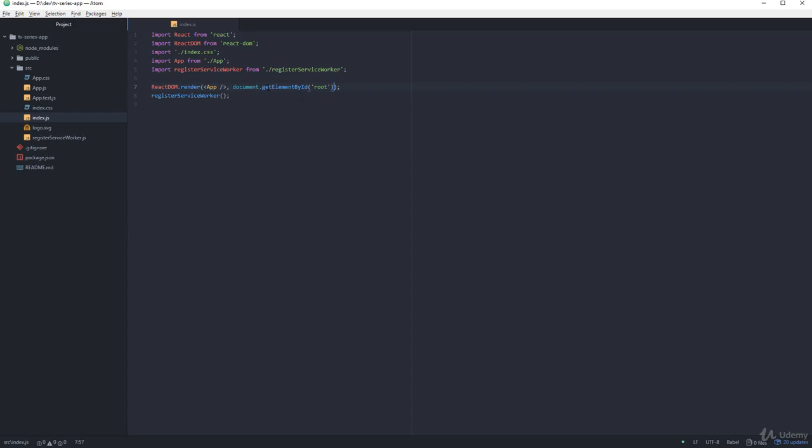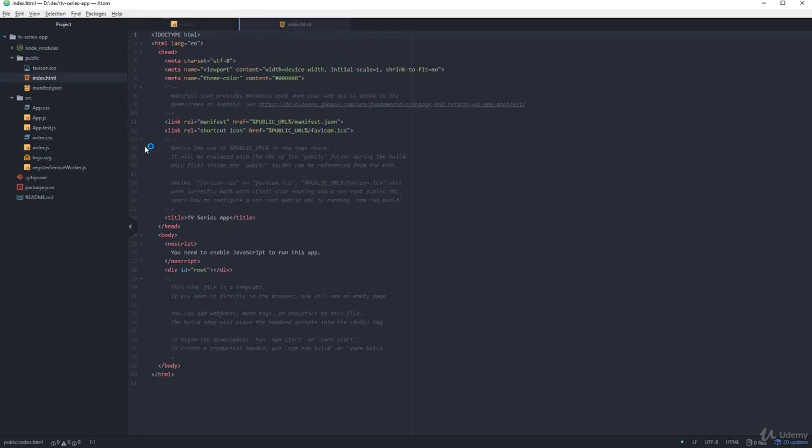And if you're wondering where this root element lives, it's under the public folder, index.html file. I've already changed the title to TV series app. You can do that if you like. And here you can find the root element, the div element with the ID of root. So let's close index.html